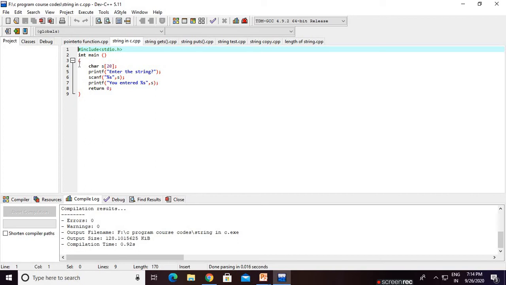As you know how to print or take input, there is some difference for strings. As you know, the return type is integer, that means this main function returns an integer value. Here we return 0.